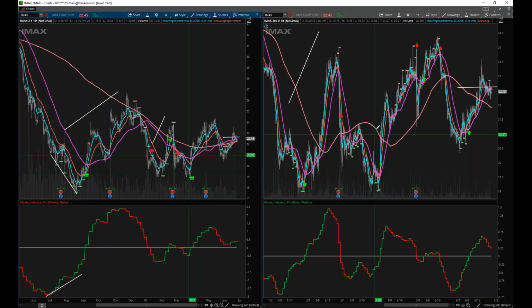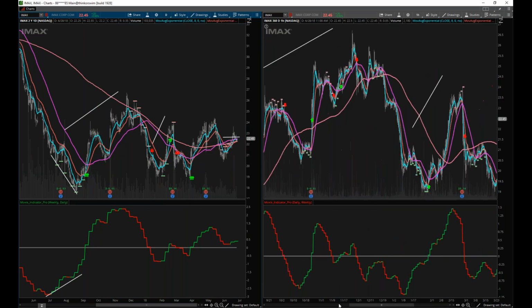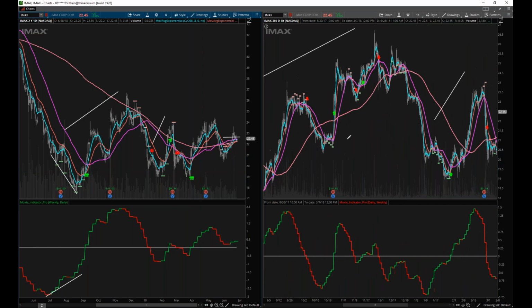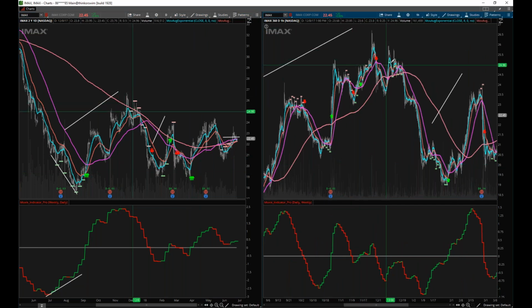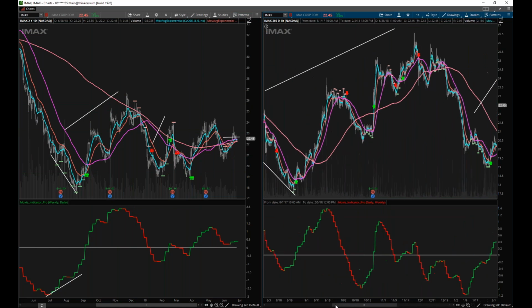It's probably over here on the hourly, but I don't think I can go back. Can I? Yep. Oh, there we go. We can. Look at this right here. Nope, that's not this one. All right, trying to find all my time frames. Okay.